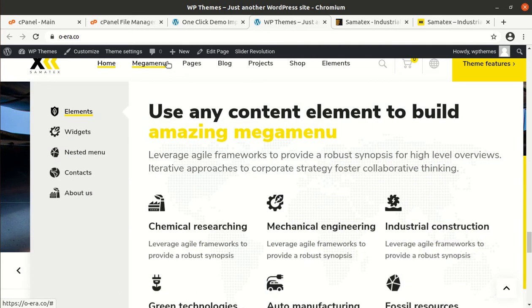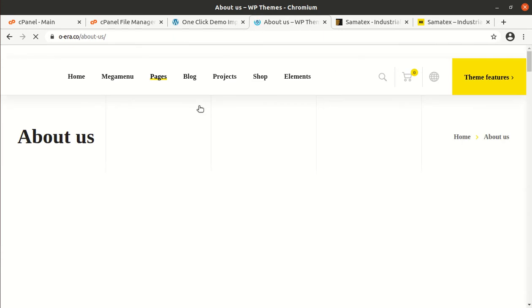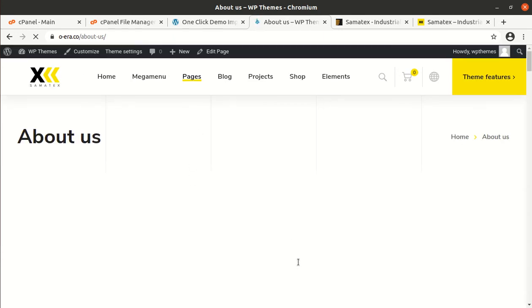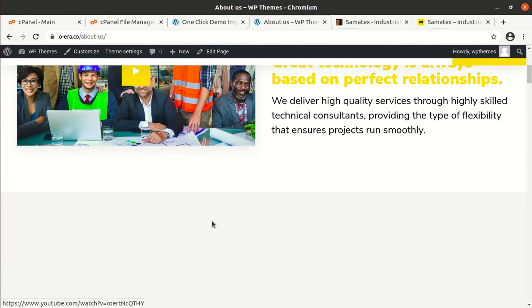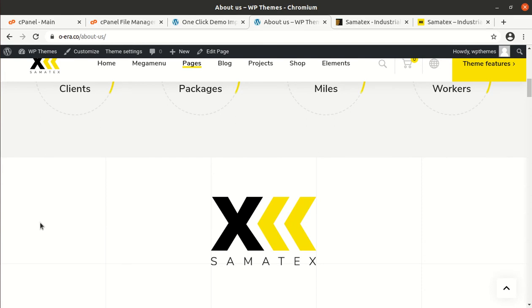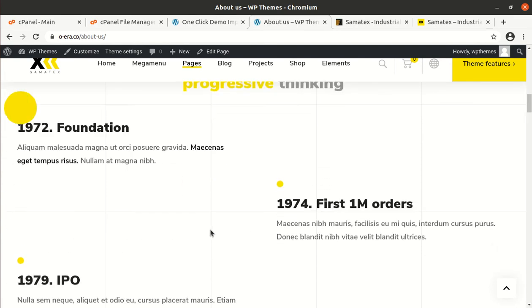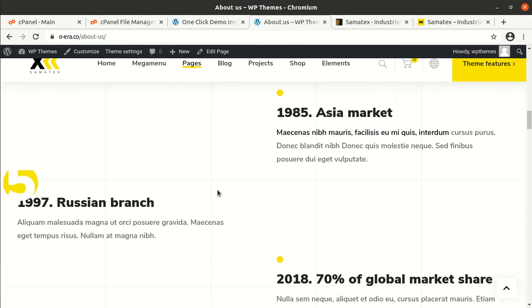And now we can check the pages as well. This is the About Us page, and it is of course good, no doubt in it, and it has a very specific look.